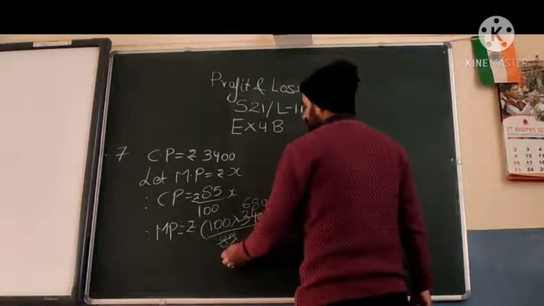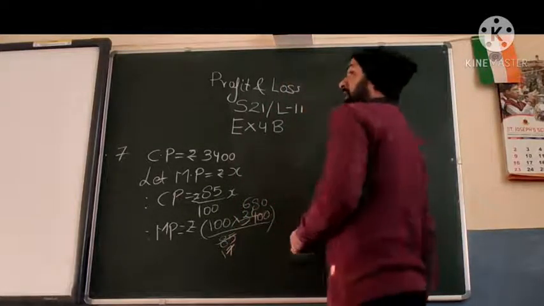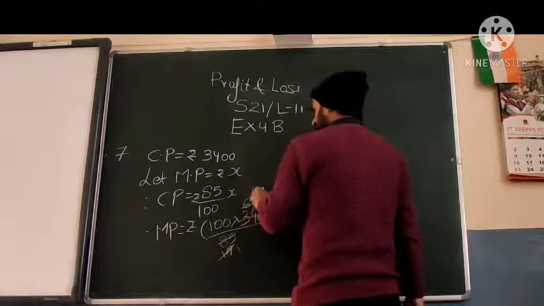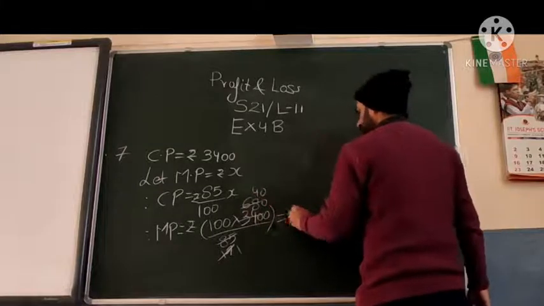Okay, 17 to the 34, and 17 4 is 68. So the marked price is what? Rupees